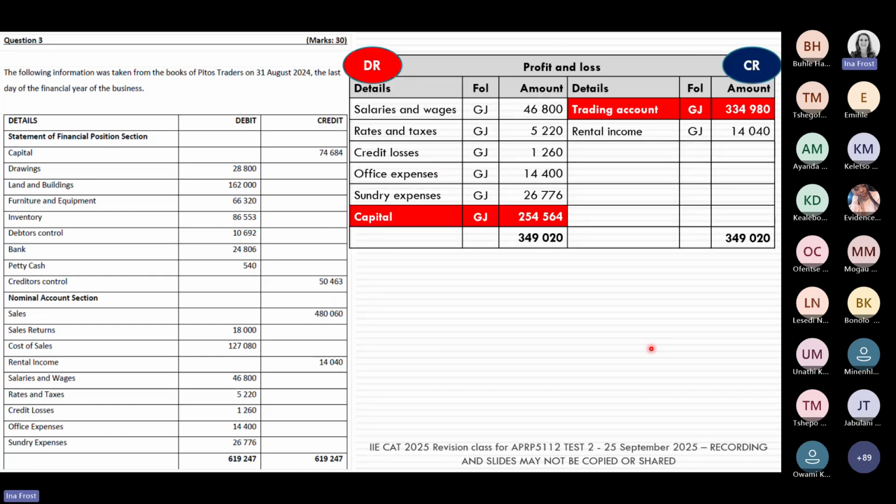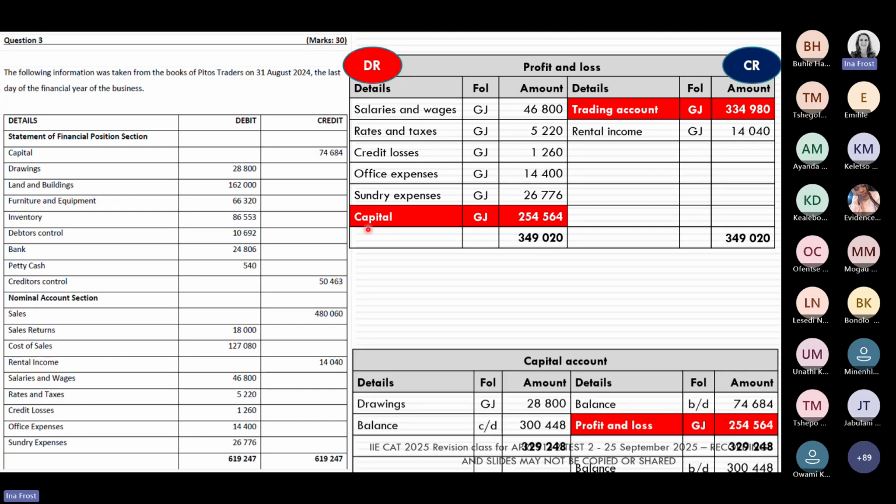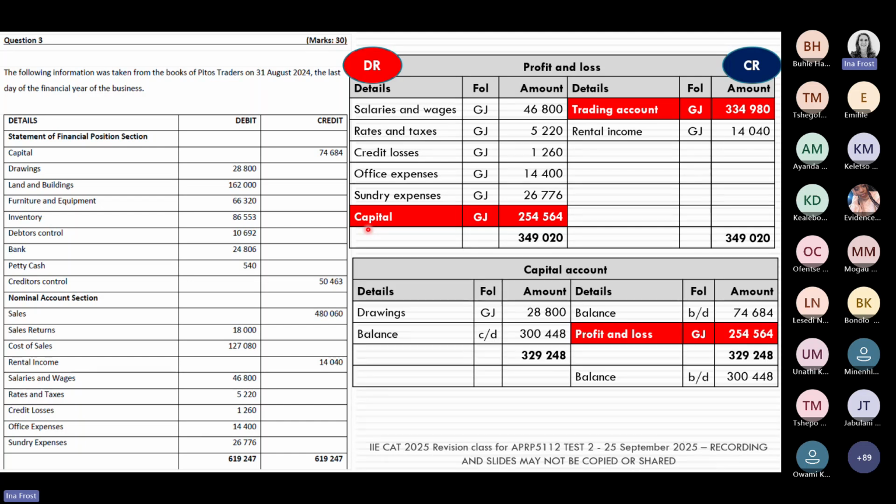So this is that profit and loss account that we've just prepared. And remember, when we calculated our net profit, we said the net profit is going to go to the owner, and we're going to put it in the owner's capital account. So there is the capital account now. I always start with my opening balance. Where did I find the opening balance? I found it on the trial balance next to capital. I subtract the drawings, the money the owner has taken out of the business, and there you can see it on the debit side.